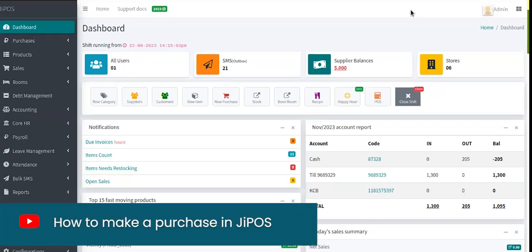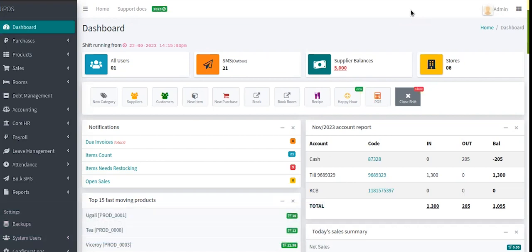Welcome to our new session with JiPOS, and today we are going to handle purchases as a module. Under purchases, we'll handle LPO, also direct purchases. So once you log into the system, and of course you have the right to access